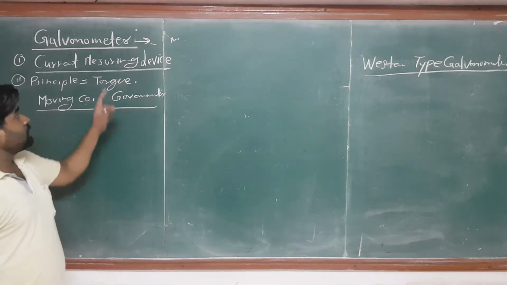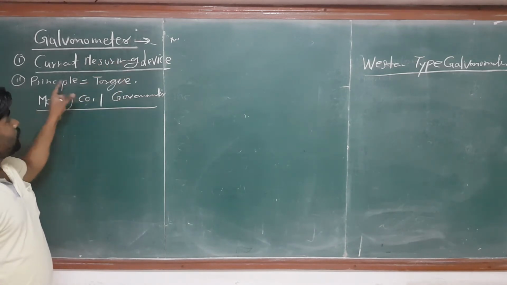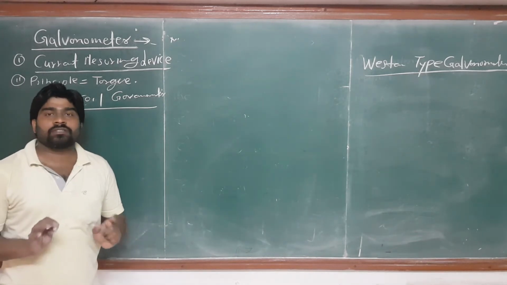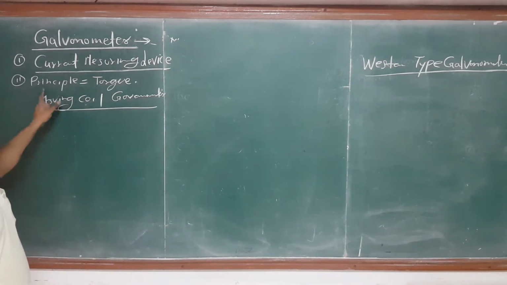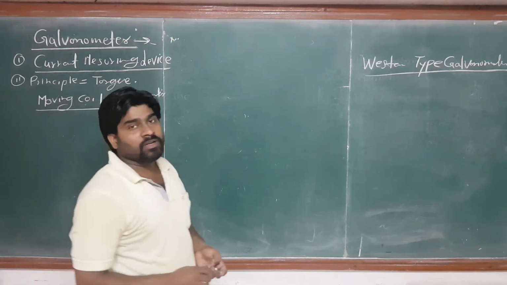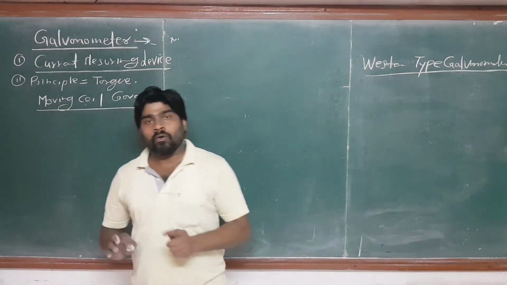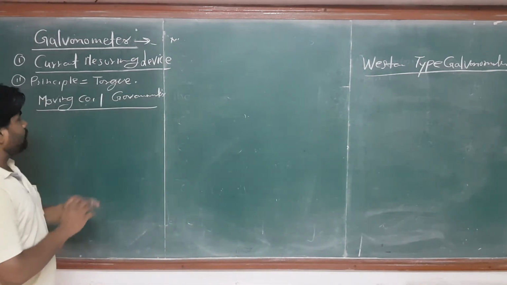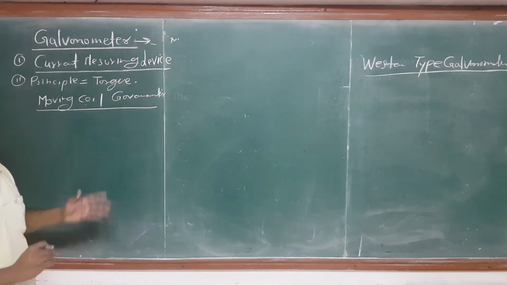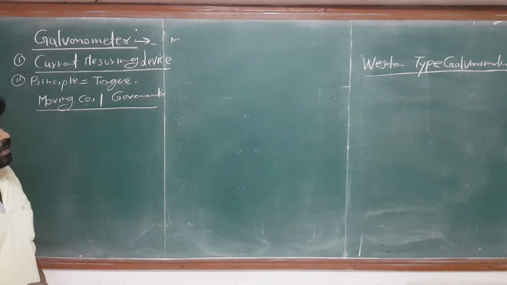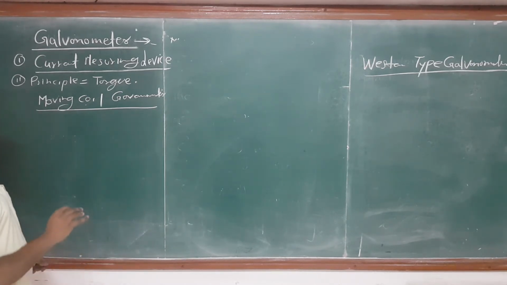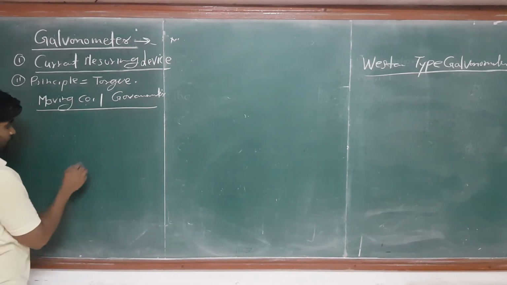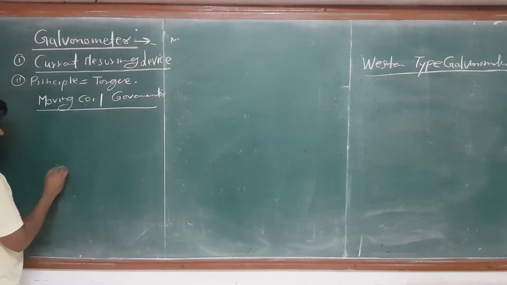And our next topic is the galvanometer. You have seen it is a current measuring device and a most sensitive device, right? It works on one principle, and the principle is the torque on a coil which is moving in a magnetic field. Okay, so there are two types of coil galvanometer we are using. One is the moving coil galvanometer, and the other one is the Western type galvanometer. So you will see it, then a little later on I'll wait for you. जब आप complete करोगे तब मैं आगे बढ़ूँगा.